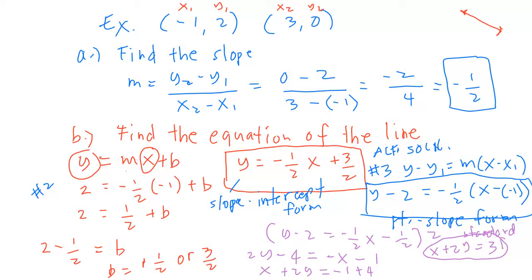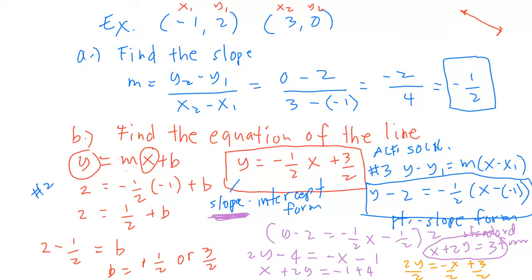So now, if you're going to have the slope-intercept form, the one that I mentioned a while ago, to check, then you have to just isolate your y. Isolating your y, then you will have something like this 2y. Just use a different color. So I'll go 2y, and then move my x to the right side becomes a negative x plus 3. I have to divide 2 to all of them. Then I will get my slope-intercept form,